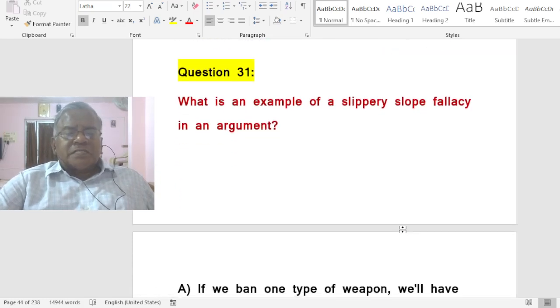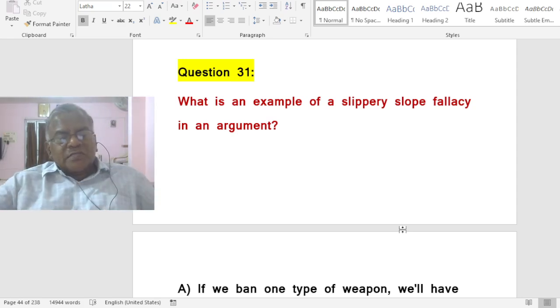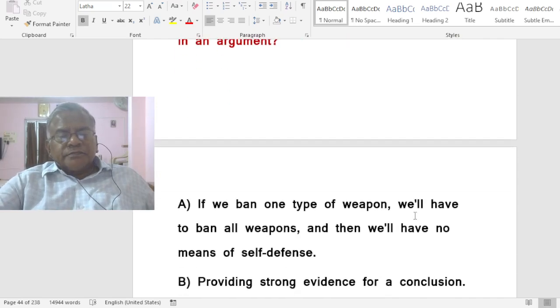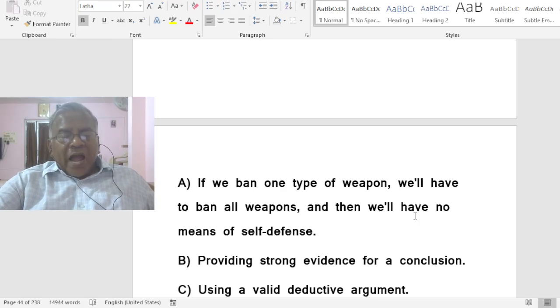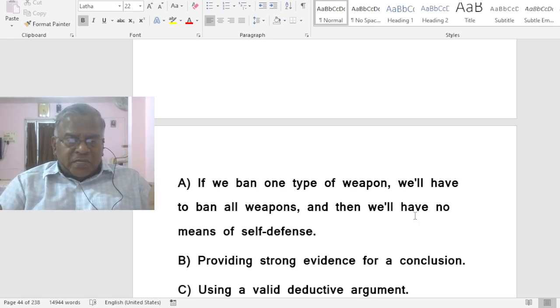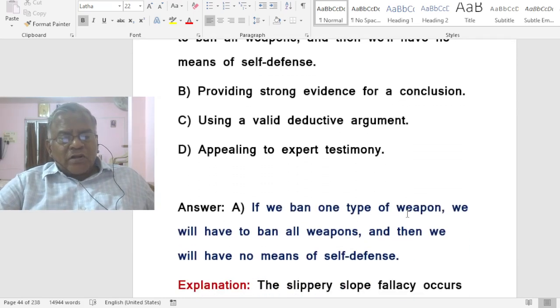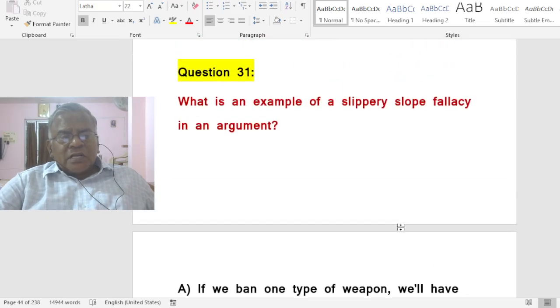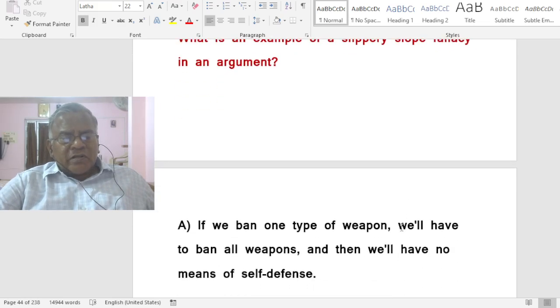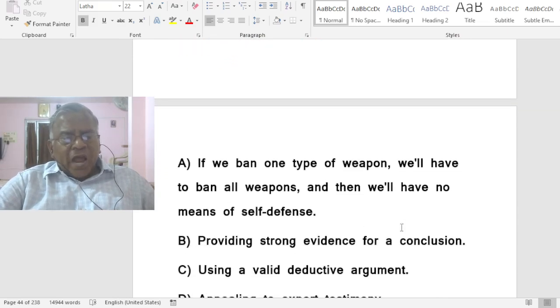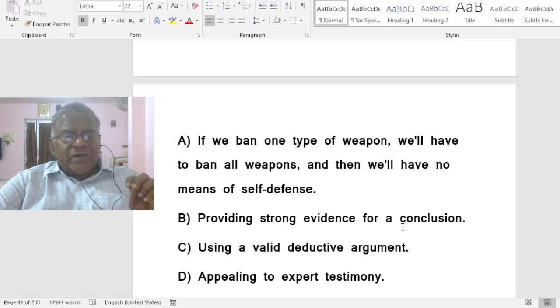What is an example of a slippery slope fallacy in an argument? Slippery slope fallacy. What does this mean? If we ban one type of weapon, we will have to ban all weapons and then we will have no means of self-defense. So that's the correct one here. What is the question? A slippery slope fallacy in an argument is an example. If we ban one type of weapon, we will have to ban all weapons and then we will have no